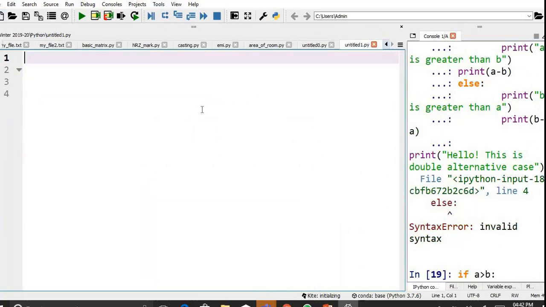So this program is Python code for letter grade to grade points.